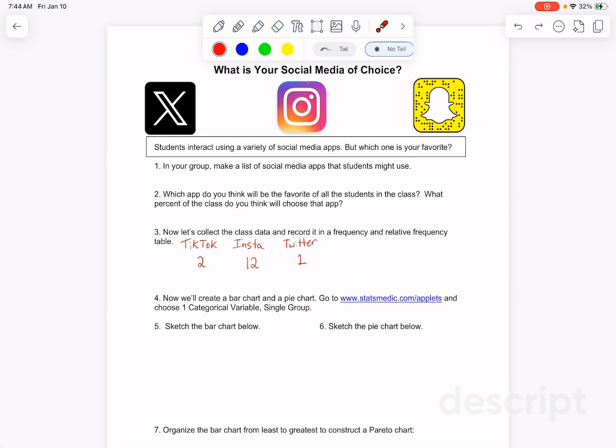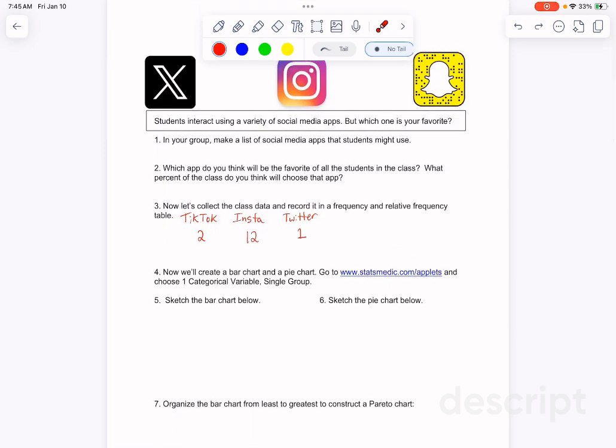We usually want to try to get actual all-encompassing data for everyone in the class, but for our purposes today, 15 is fine. We'll just keep in mind this is an incomplete data set. We also had some people absent yesterday. We had some people leaving early, so that also makes up our missing data there. So 2 for TikTok, 12 for Instagram, 1 for Twitter.